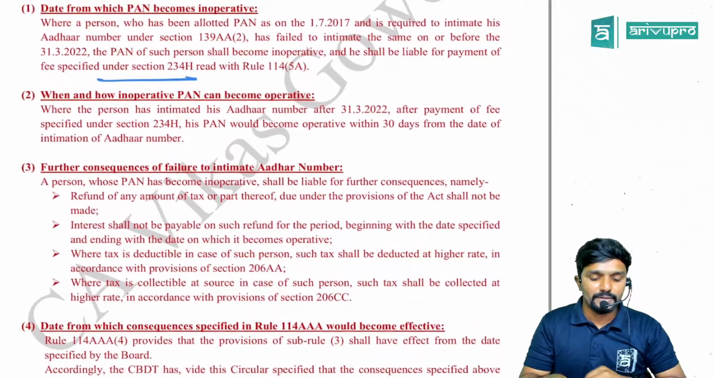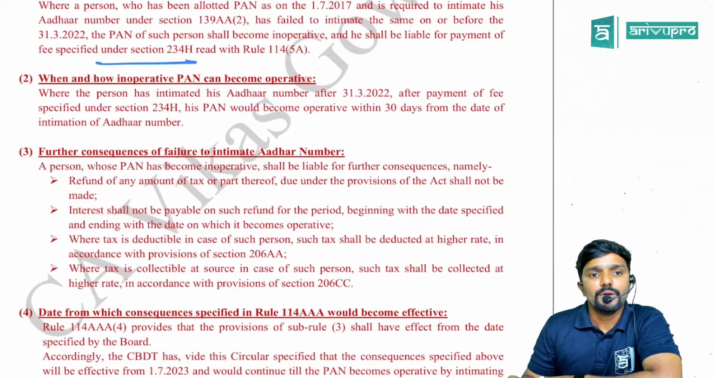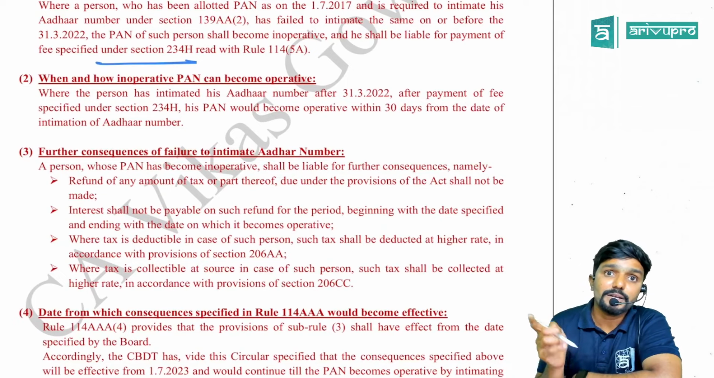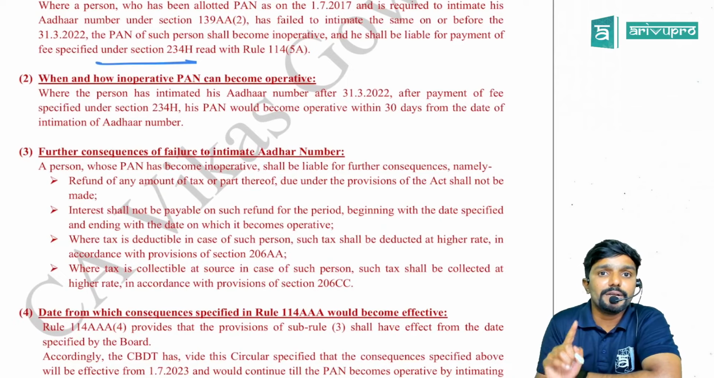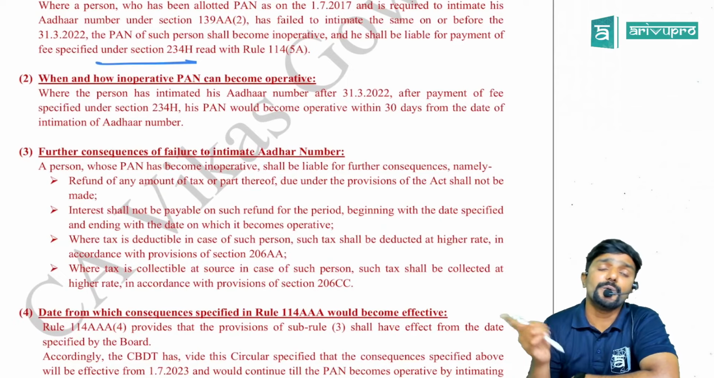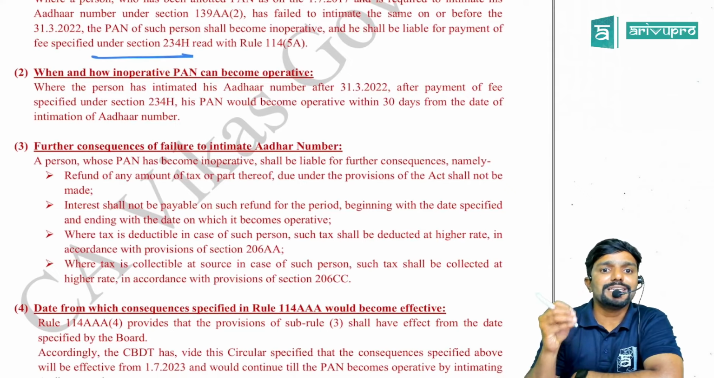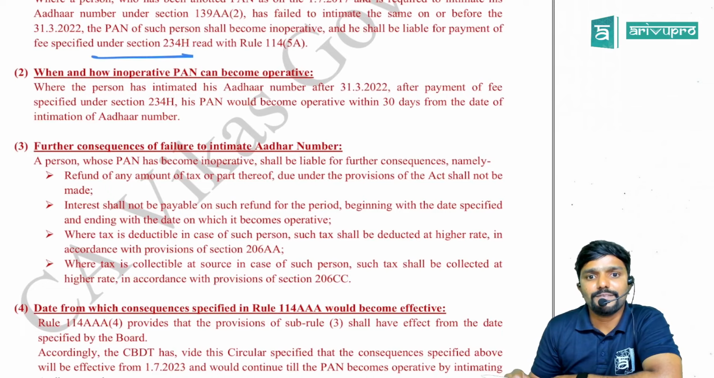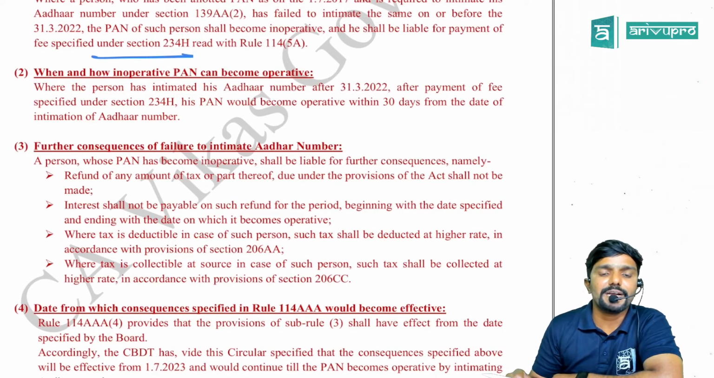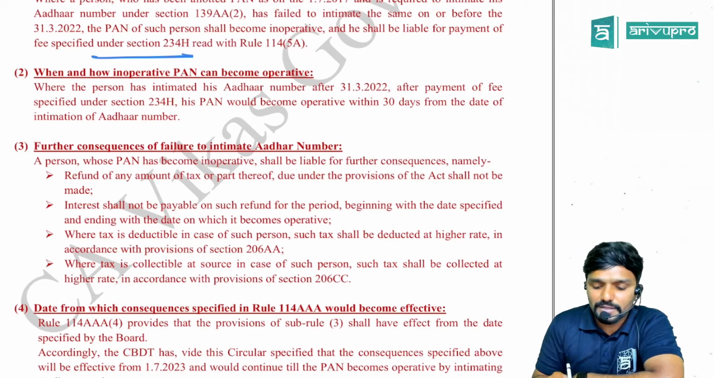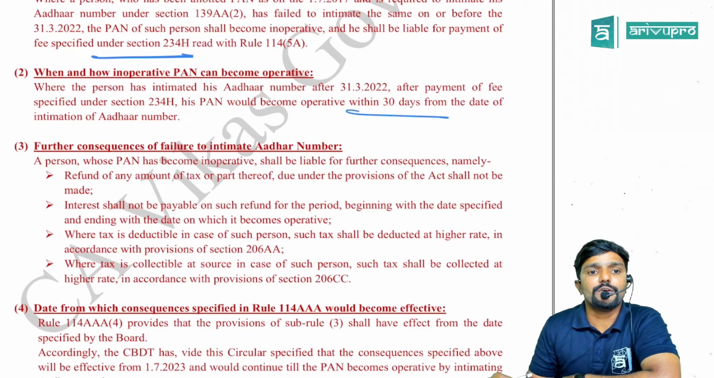Okay. Next, sub-rule 2. When and how inoperative PAN can become operative? Means, sir, what if my PAN has become inoperative? Will it be inoperative forever? No, you can make it operative by linking it. Where the person has intimated his Aadhaar number after 31st March 2022, after payment of fee specified under section 234H, which we saw just now, 1000 rupees, his PAN would become operative within 30 days from the date of intimation